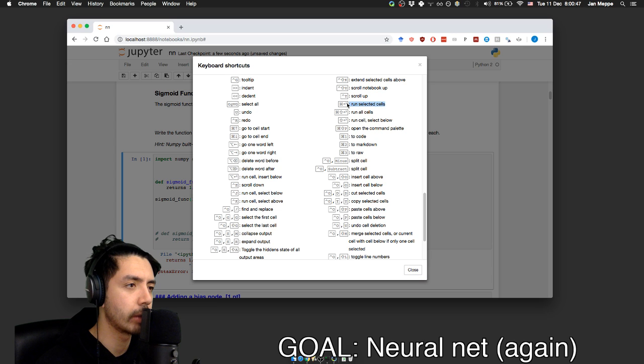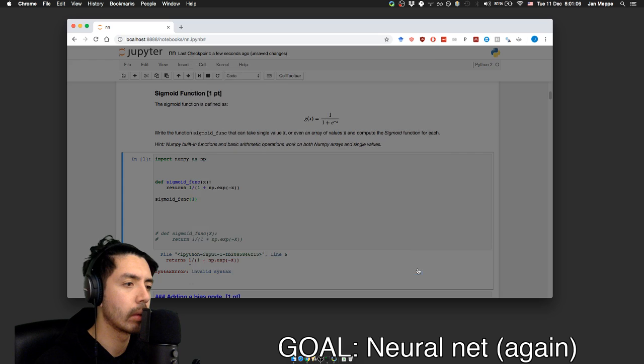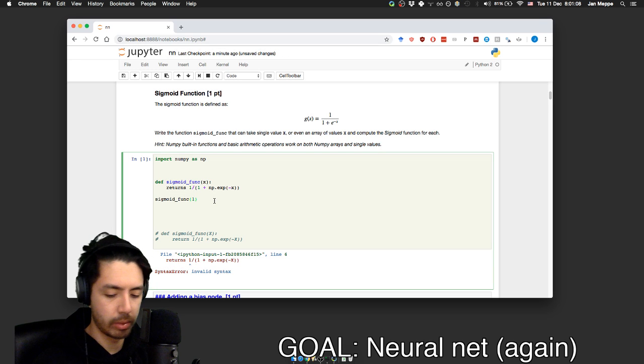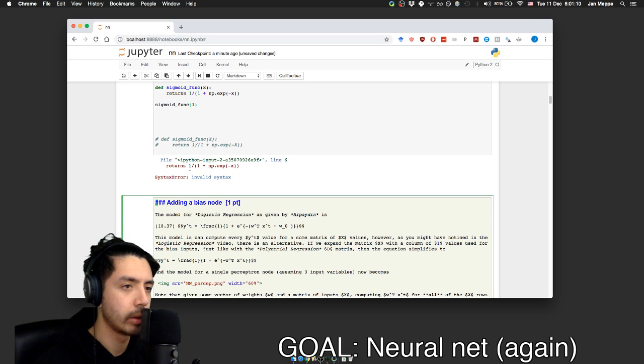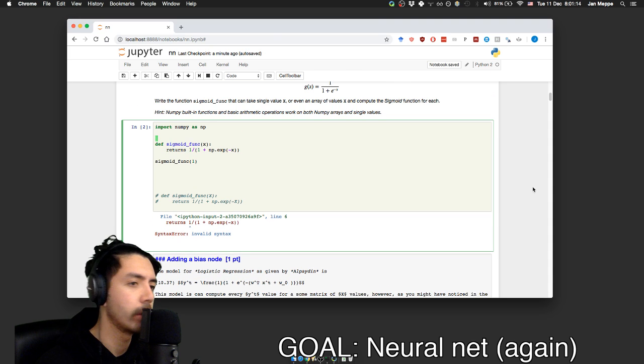So shift, command. Shift enter is invalid syntax. Wait